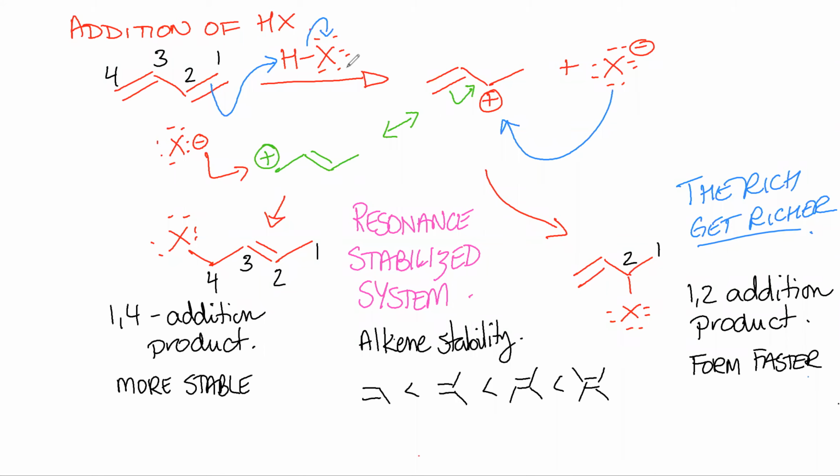Now, why is this important that one forms faster and one tends to be more stable? What happens here, and I'm going to erase everything too, is that if you do this reaction at different temperatures, you get different products. So if you do this HBr at 0 degrees,